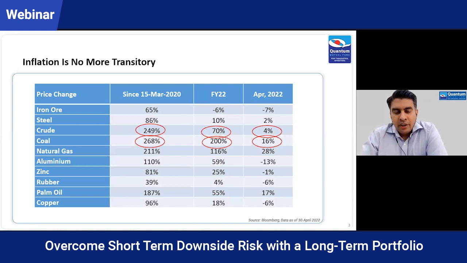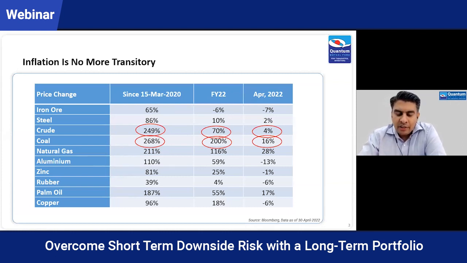Earlier, central banks shrugged off inflation, saying that, given that they had to support growth, inflation is transitory. Even this year, earlier they said there were supply side disruptions that were causing inflation. But now most of the economies have normalized, business activity has resumed. Still, we have seen a good increase in commodity prices, be it coal, crude, steel, aluminum, zinc, etc. Even those prices have been increasing further.